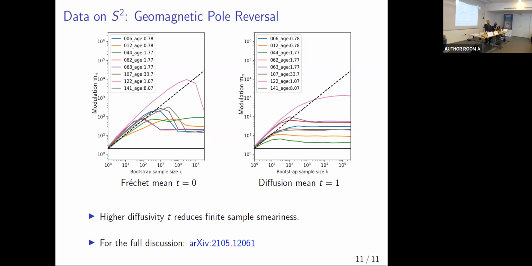So you advocate for using the diffusion mean, and in the case where you have no closed form solution, for anything, for example for the Fréchet mean, you need to use another iterative algorithm. What is possible to do in the case of diffusion to estimate? Yeah, one also uses a numerical method for the minimization, but it works pretty well.